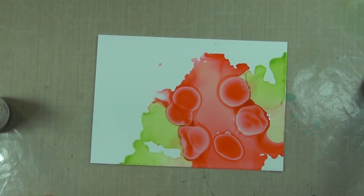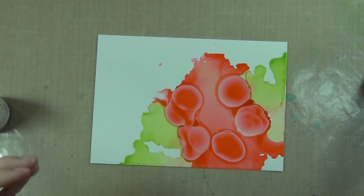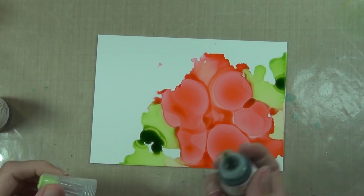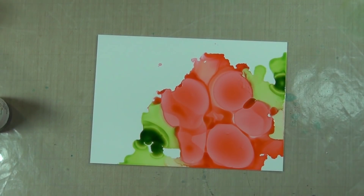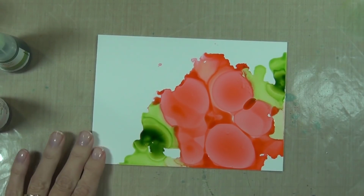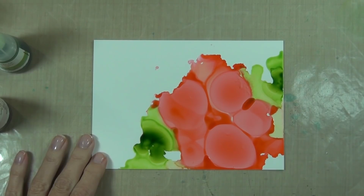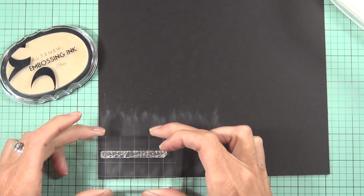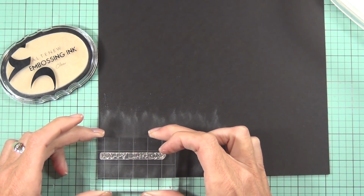And this time I waited until I added some dark green, and then I waited again. So much better when you wait. That's the problem with being impatient. So then I set it aside to dry, which is more waiting, I know,